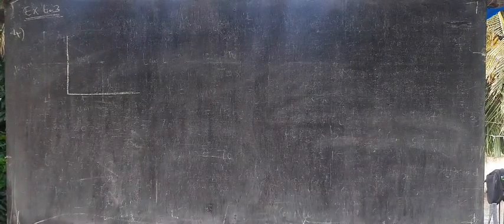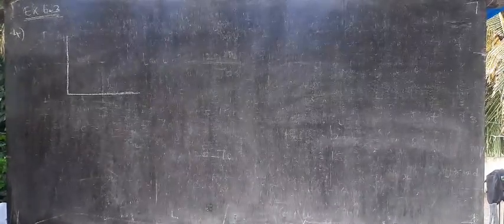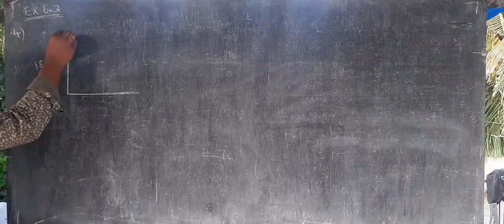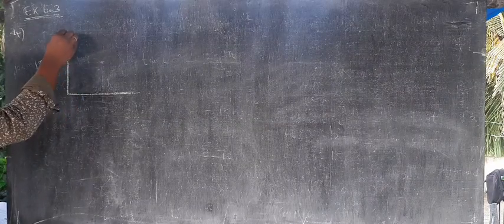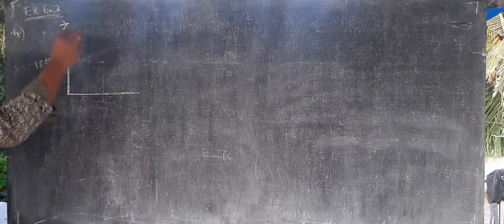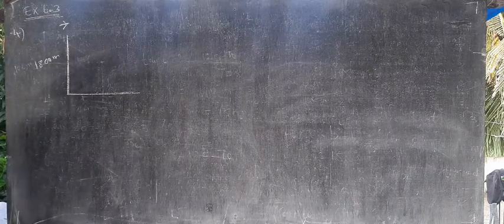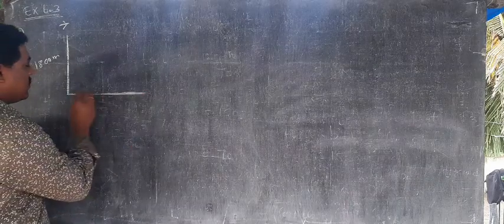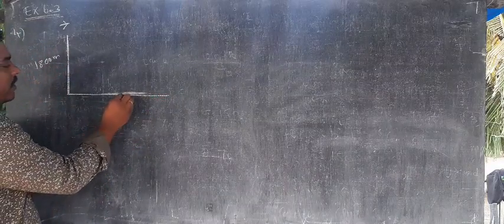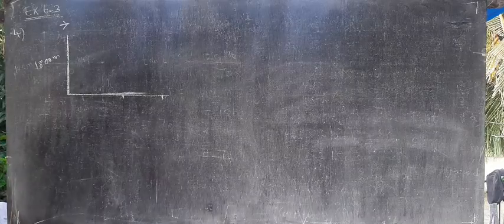Right, so listen. The altitude of the aeroplane means 1800 meters. The aeroplane will be here, 1800 meters from the ground level to here. Clear? The boats are sailing in the same direction in the sea. So one boat will be here, one boat will be here, like that, because they are sailing in the same direction.